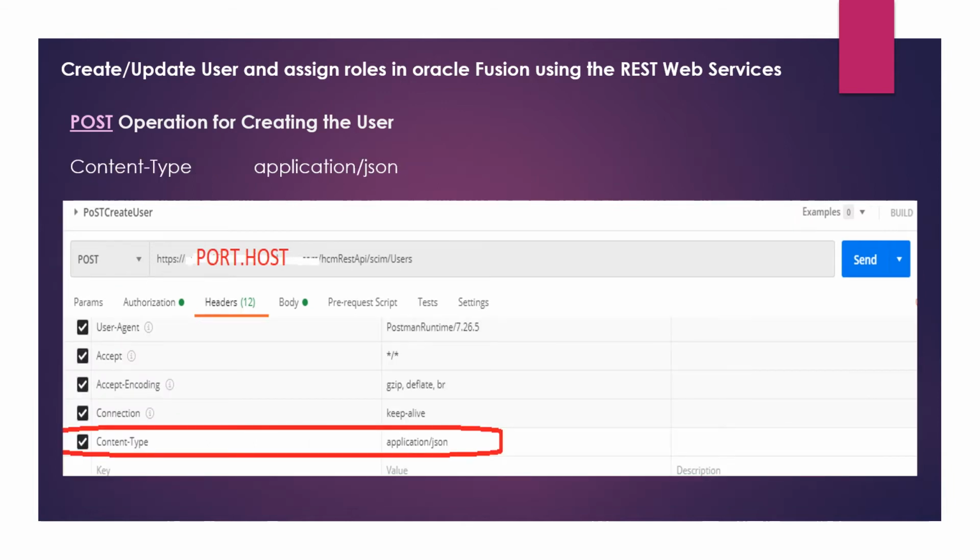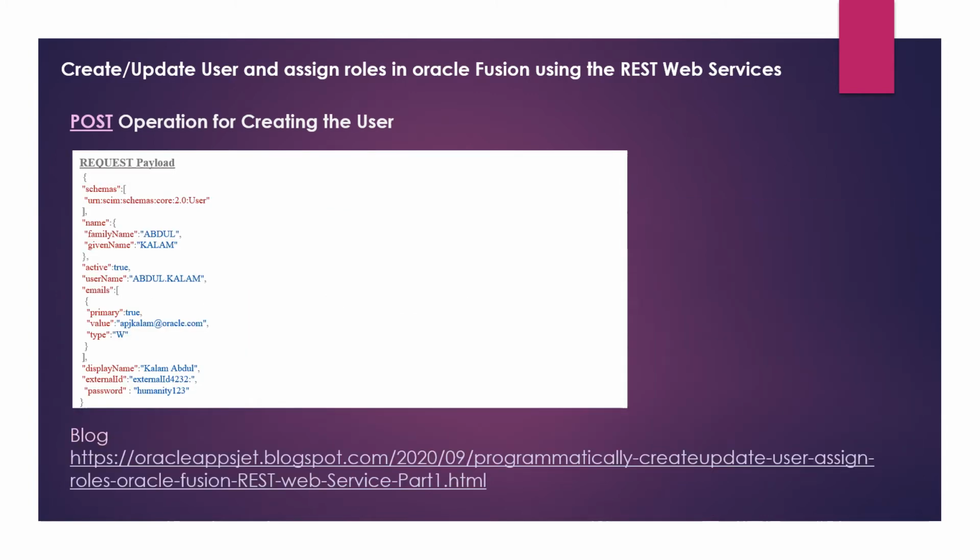And the next thing will be the content type. There is a header which is available in the Postman tool. You should go there and include the content type, and the content type should be application slash JSON. For creating a user, we should have data like username, password, email address.